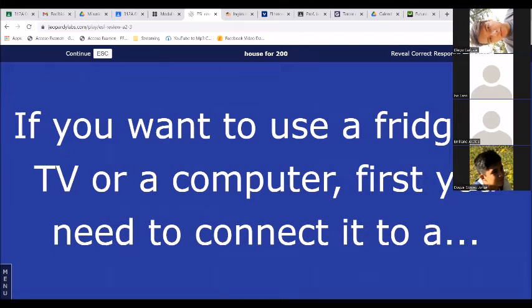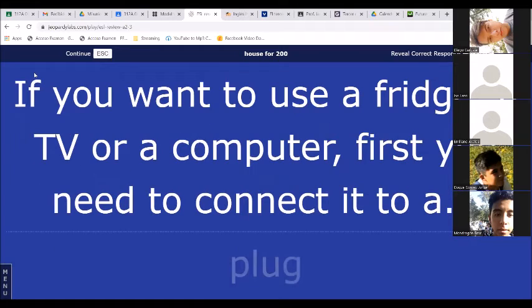Amir, you just joined us. You want to use your fridge or TV or a computer. First, you need to connect it to something. Where do you connect your electrical appliances? No, it's a thing in the wall.